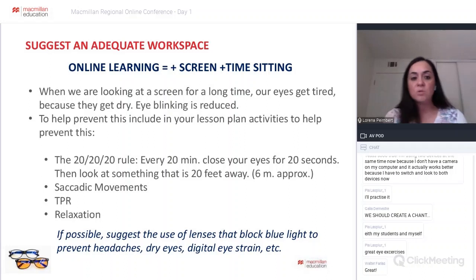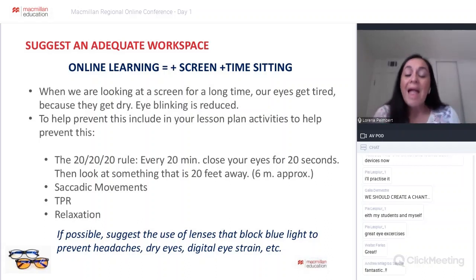different activities with your kids. Okay, so they are not watching you all the time on the screen. So you can include these kinds of activities. It is very important because we have to rest our eyes, okay? And if possible,